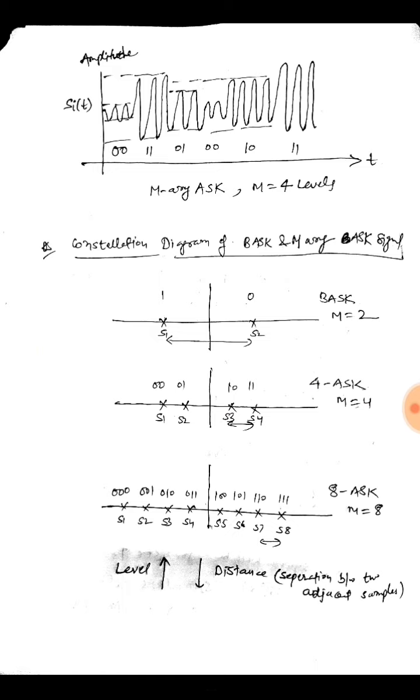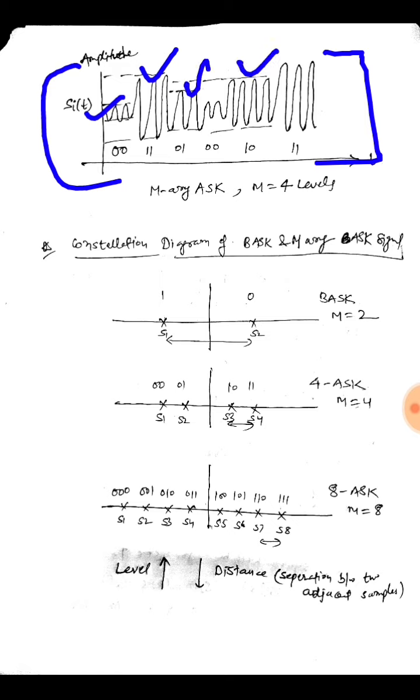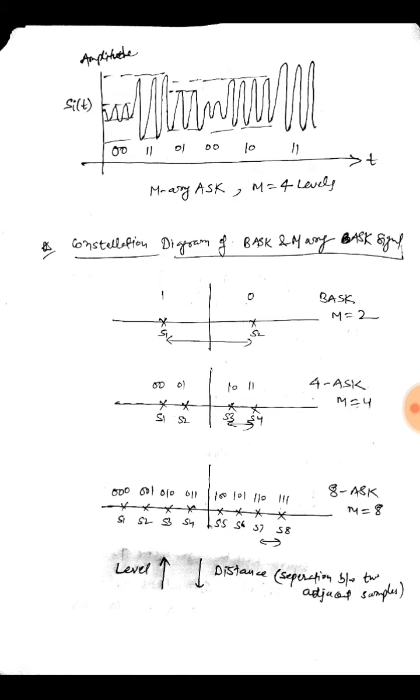So this would be the amplitude of the carrier, which would have four amplitude levels, that is 1, 2, 3 and 4. These four levels can be represented using 2 bits, that is 00, 01, 11 and 10. So we can see we have four levels of amplitude in the carrier which we are transmitting with our digital information.